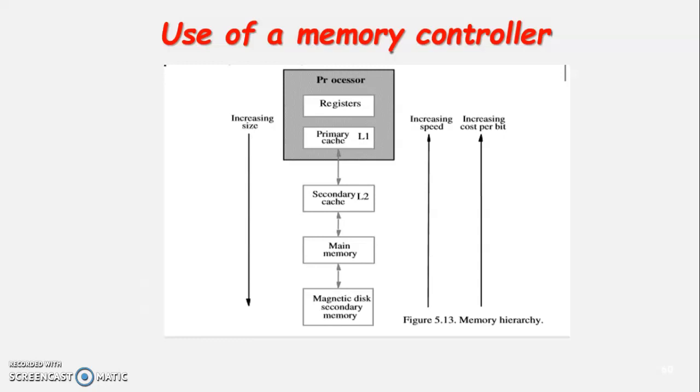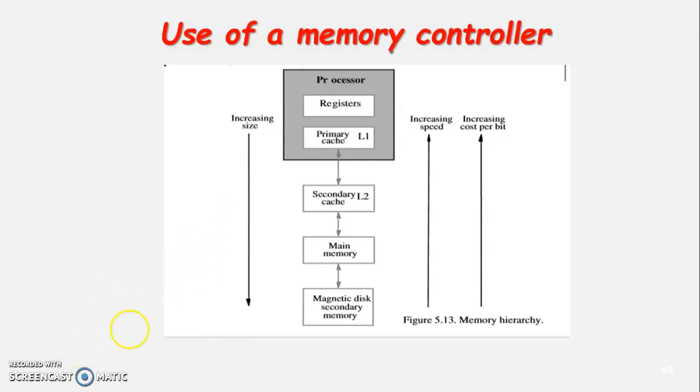The next level of the hierarchy is a relatively small memory called cache memory. The cache is a smaller, faster memory which stores copies of the most frequently used data from memory locations. There are mainly two types of cache. The primary cache is known as level 1 cache, which is very small and is always located on the processor chip. The larger secondary cache is placed between the primary cache and the rest of the memory, and it is referred to as level 2 cache. Usually, cache memories are implemented using SRAM chips.